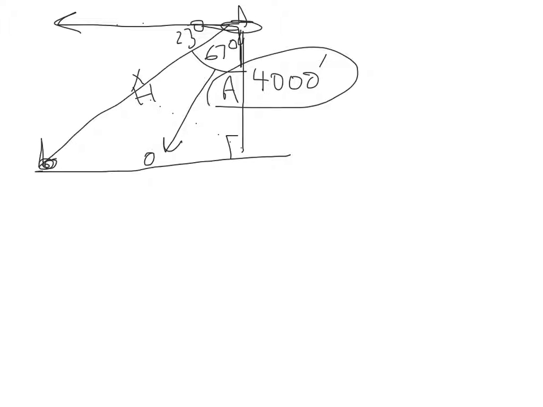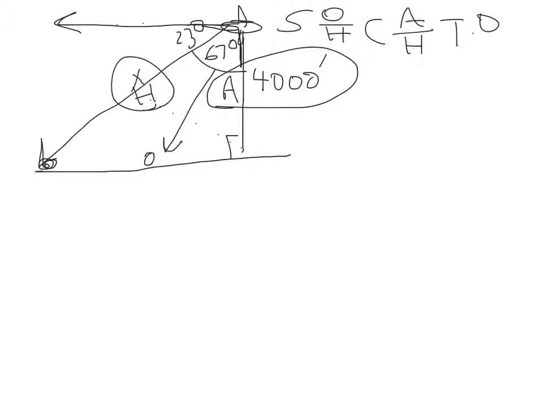Circle the two parts of the problem that you're interested in working with, and then look at SOHCAHTOA. So, CAH, C-A over H, TOA. And we see that we're working with adjacent and hypotenuse, so that's cosine. So I'm going to set up cosine of the angle, 67 degrees, equals adjacent, which is 4,000,